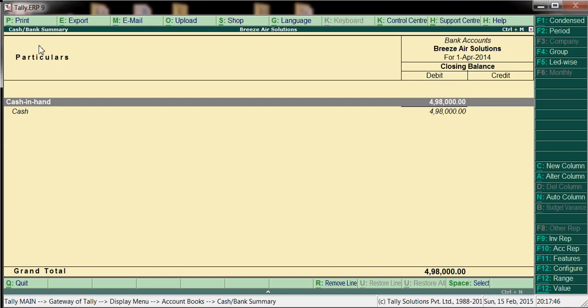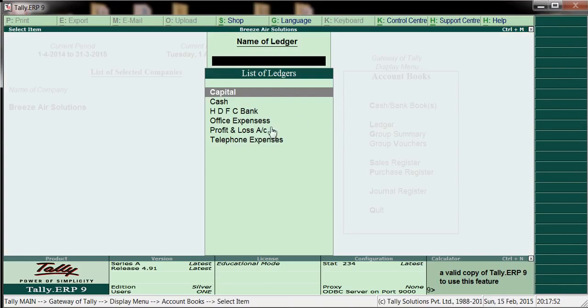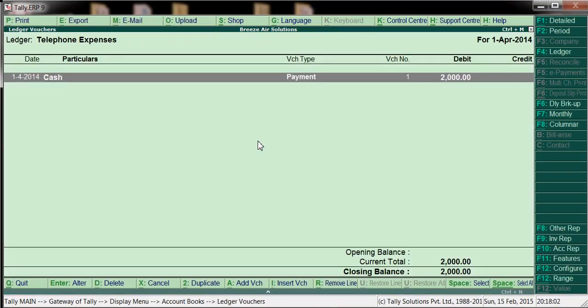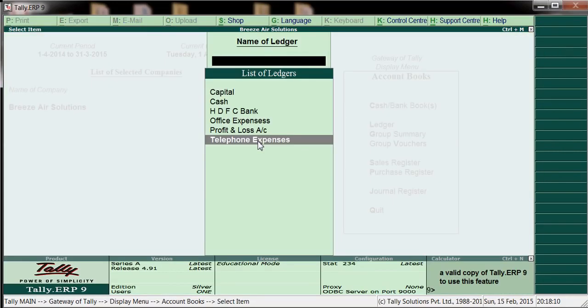Come back to ledgers. If you want to see any ledger's transactions, select telephone expenses and enter. See, we have posted 2000 rupees. Like this we can check the ledger balance as well, and the same will affect the P&L.